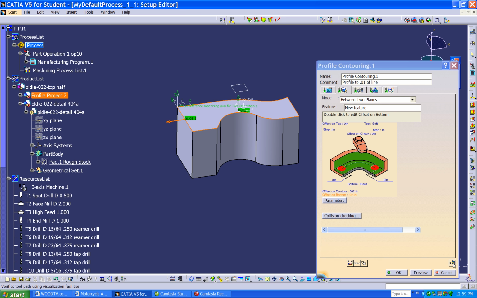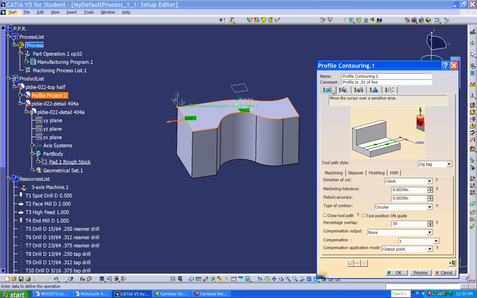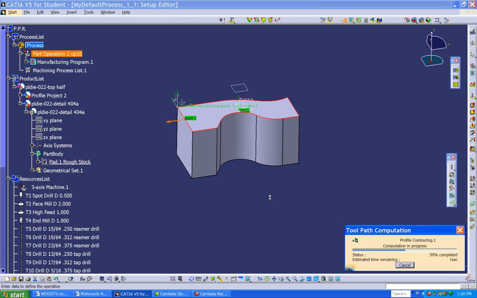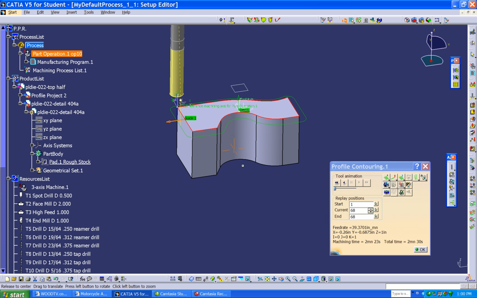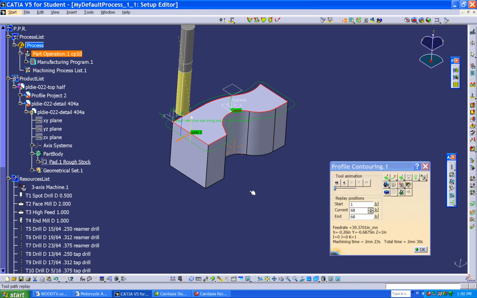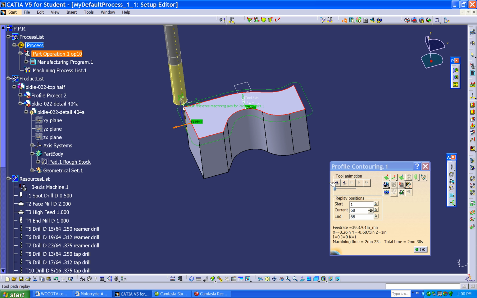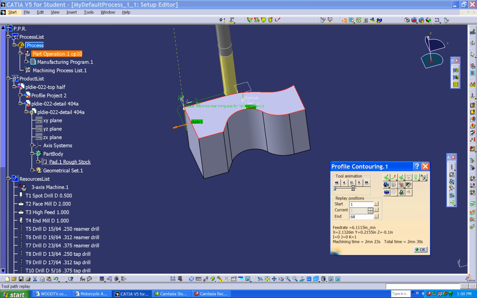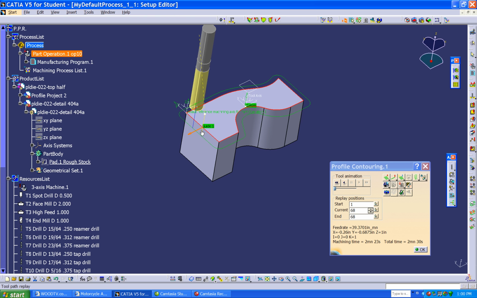It's a closed tool path, so I'm going to come back to my machine setup and check closed tool path here before I regenerate my tool path. And you can pretty much see we have generated a simple tool path. It's a simple profile pass that very rapidly will go on and around. Several things I don't like about it. One, it does its approach and retract right on the edge of the workpiece. So we need to set up an approach and a retract, but we're going to do that in the next